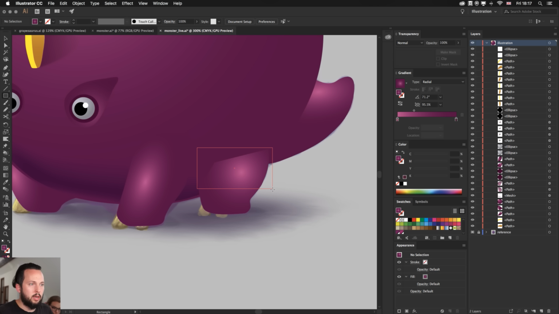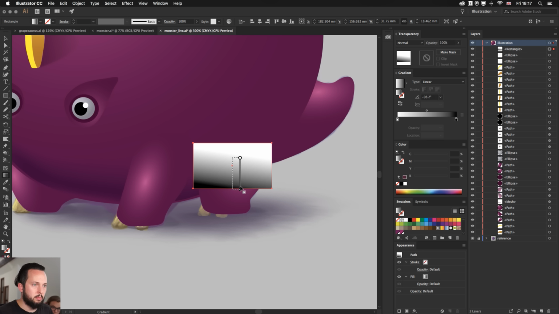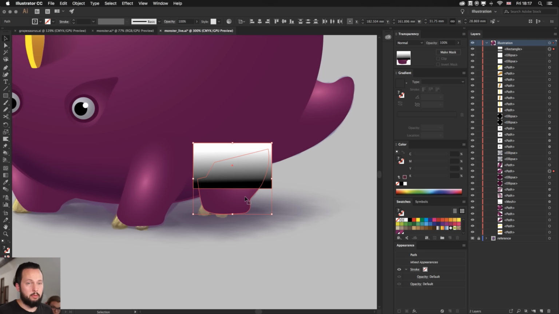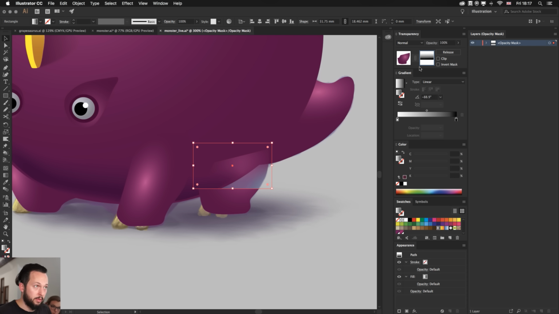So all you do is you create a rectangle, okay, from the direction where usually the transition needs to be, and then choose a black and white gradient. Set the gradient direction up in any direction just to have something in there, and then select that and the shape, so the rectangle and the shape, and then go into the transparency panel and choose Make Mask. So there is a button there. Once you click on that, then also make sure you click on Clip. You don't want the clip to be on, so turn clip off, and then click on the opacity mask thumbnail, with which you can start changing the opacity mask.